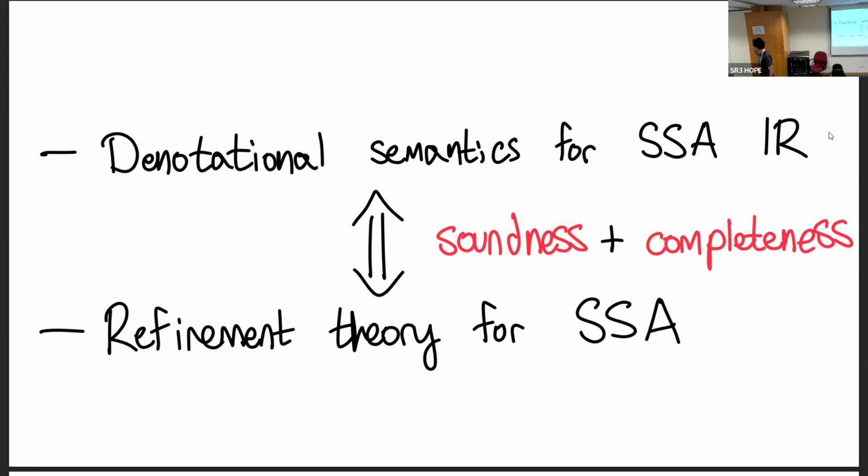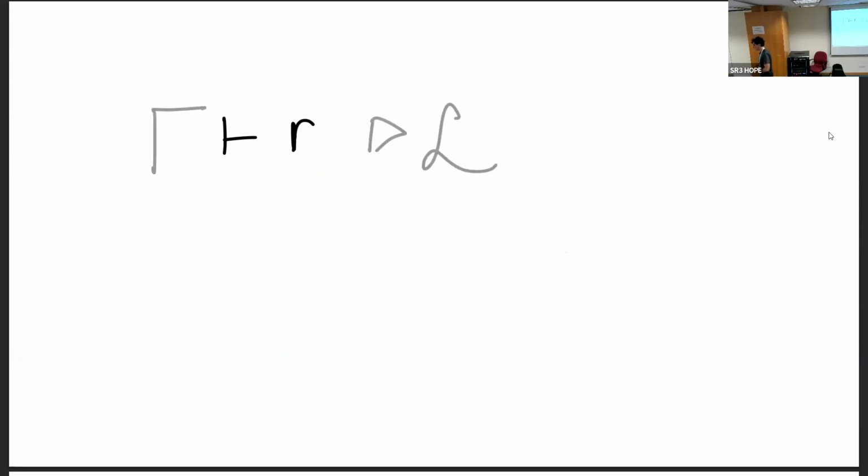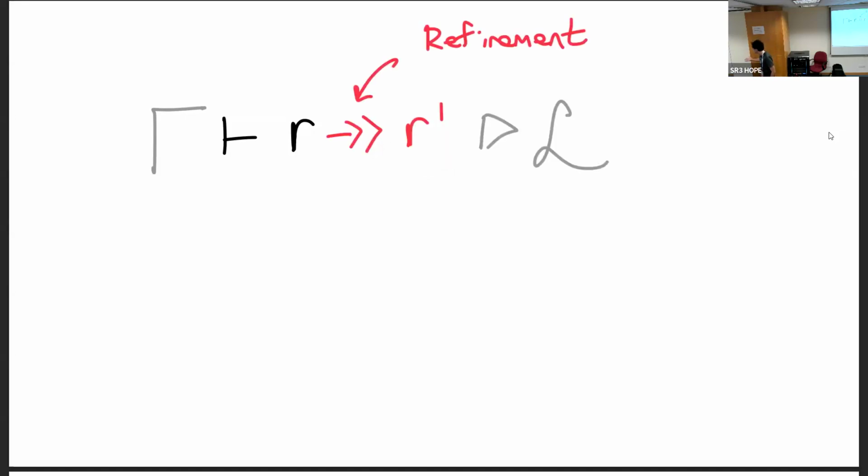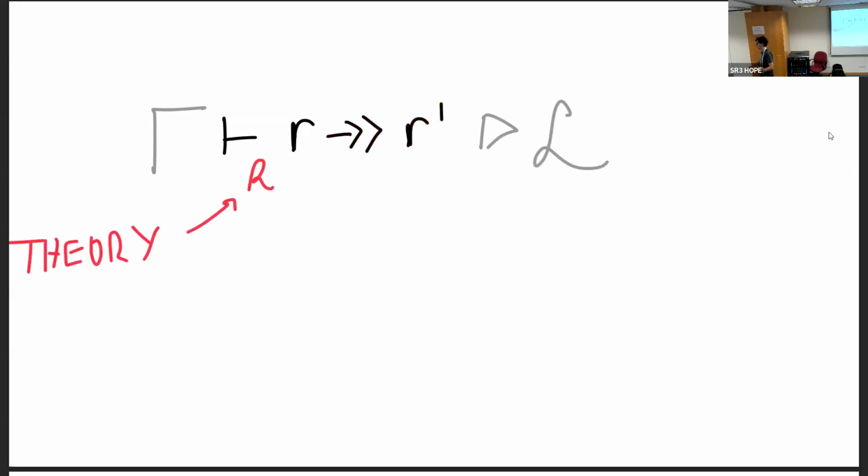Let's be a little bit more precise here. The first thing we're going to do is give an inductive representation of an SSA program, which here is the variable r. So ignore the gamma and L here. We're going to explain the gamma and leave the L implicit for the purposes of this talk. But the idea is that we have some kind of inductive type system on top of SSA programs. Once we've built our inductive type system on SSA programs, we can use this to inductively define a refinement relation on well-typed SSA programs. We're going to parameterize our refinement relations with a theory, R.